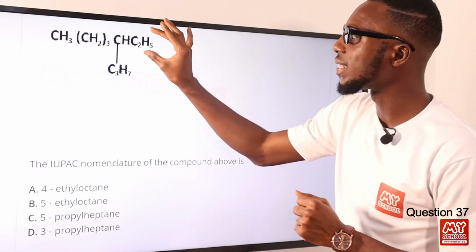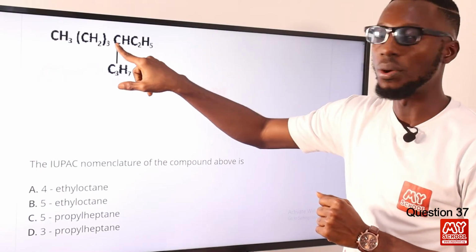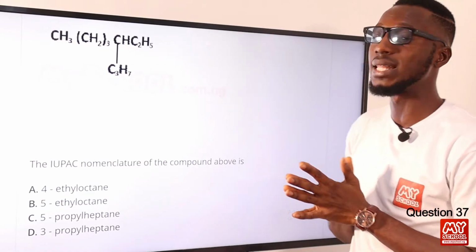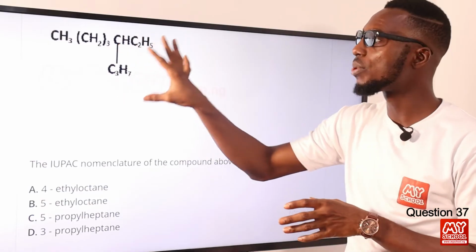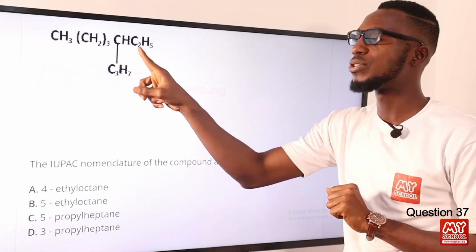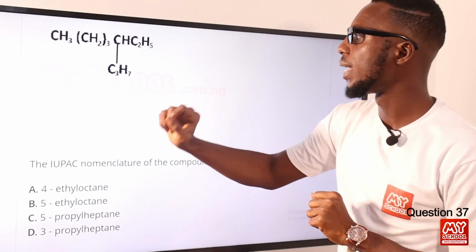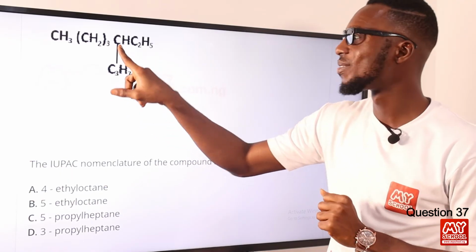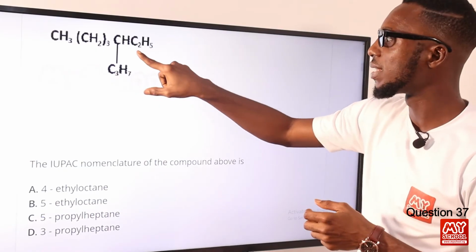Let's now look at this substituent. You can see it is resting here. What carbon chain is this? We are going to make sure that we assign the proper name to this compound, so that we can have the lowest number possible in respect to this substituent. The lowest number possible will be this. Now let's try it out. We have 3 here, this is 4. That's going to be ethyl. This is the alkyl group, of course.